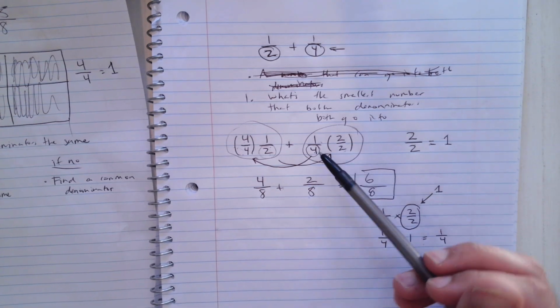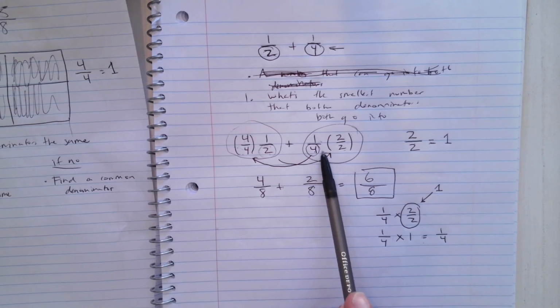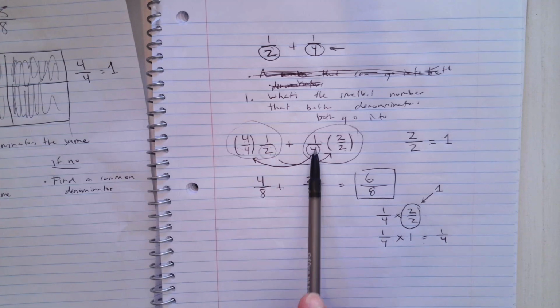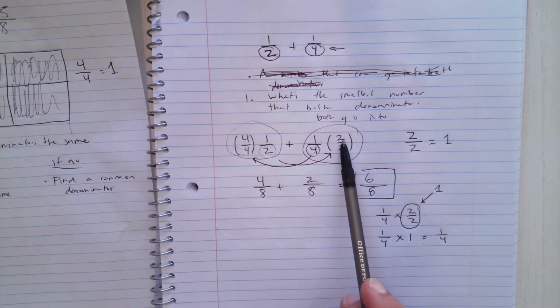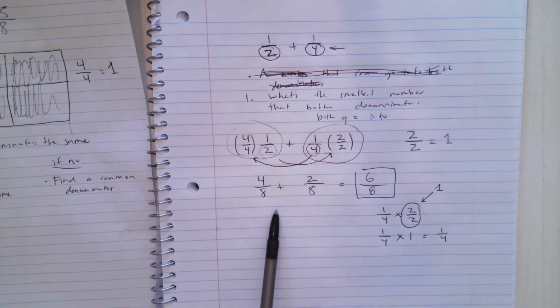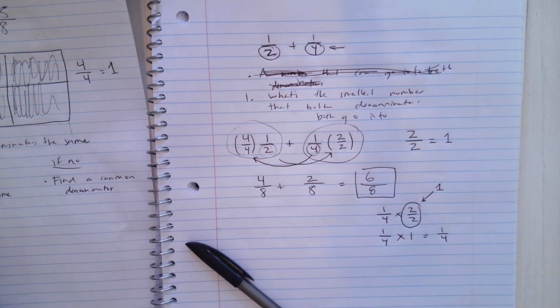So what I did is I said, okay, I want to multiply this number by 1, but I want to be able to add these numbers together. So what I do is I multiply by 1, right, which we proved, but I multiply by 1 in a way that lets me add the two numbers together. Does that make sense? Okay, good. We're going to go over this idea of